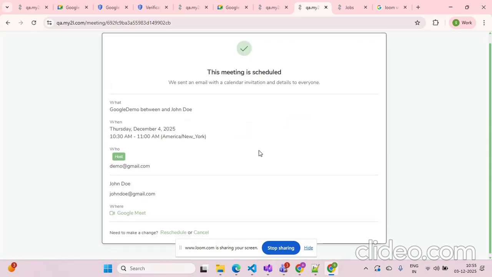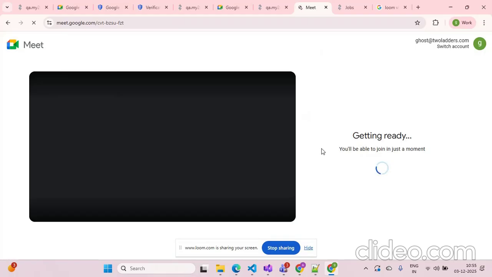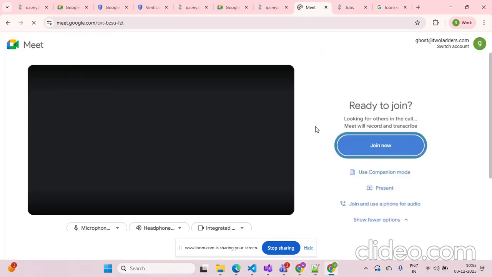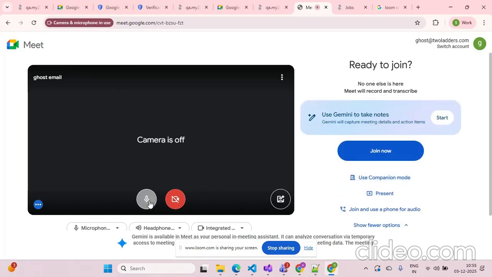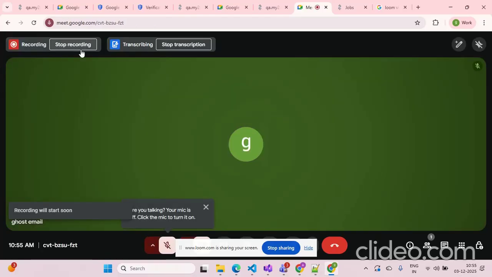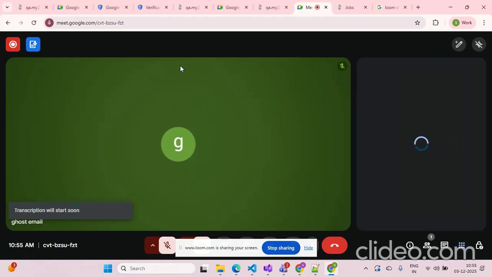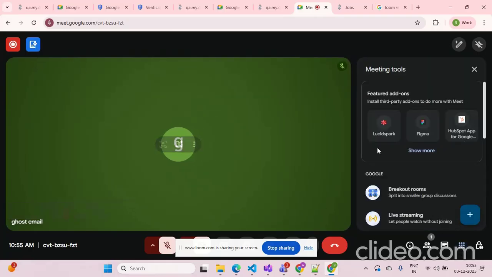The meeting is generated, and now we need to join the meeting. Once we are in the meeting, it starts recording automatically and transcribing. We will require the transcript of the whole interview. That's why we are doing the interview transcripting and recording